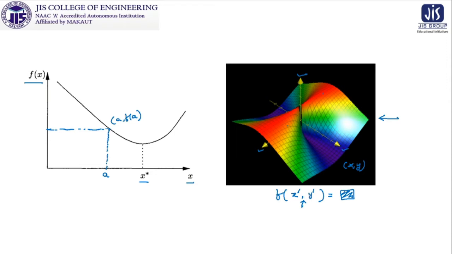Both of them are independent because you are selecting any point on the xy plane arbitrarily, and you are getting some output after inserting them in the function f. So obviously there is a difference between this f(x) and f(x', y'). This is basically the introduction of the function of several variables, where "several" is used because it is having more than one.